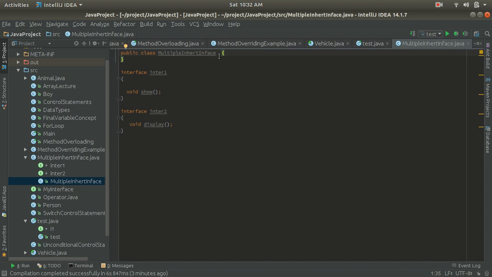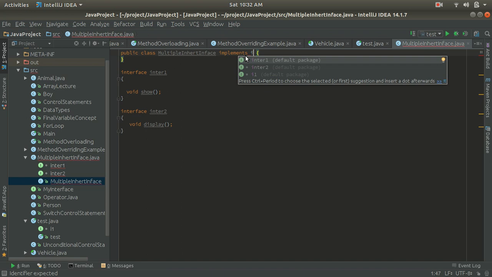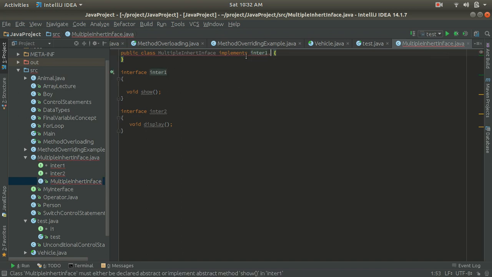To implement an interface, you have to use the implements keyword. Then we can write inter1, inter2. Here you can see that we are using multiple inheritance because we are implementing two interfaces.